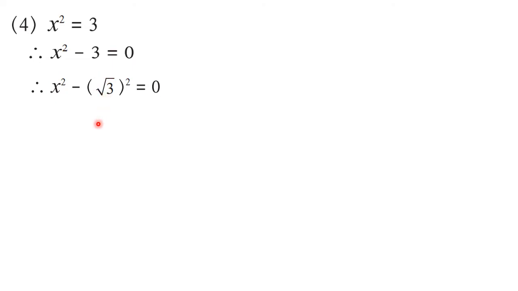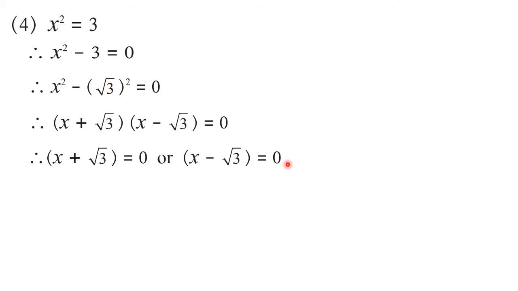Now we can use the expansion of a square minus b square, that is a plus b and a minus b. So we can write the factors of this particular equation as x plus root 3 and x minus root 3 is equal to 0. Okay, a plus b and a minus b. Now after getting the factors, we have to go for either or. You know that when the multiplication of two numbers is 0, then any one number is 0. So what we can write here is x plus root 3 is equal to 0 or x minus root 3 is equal to 0.